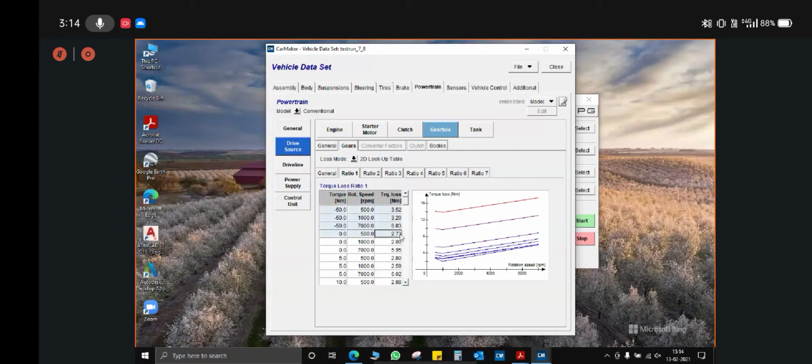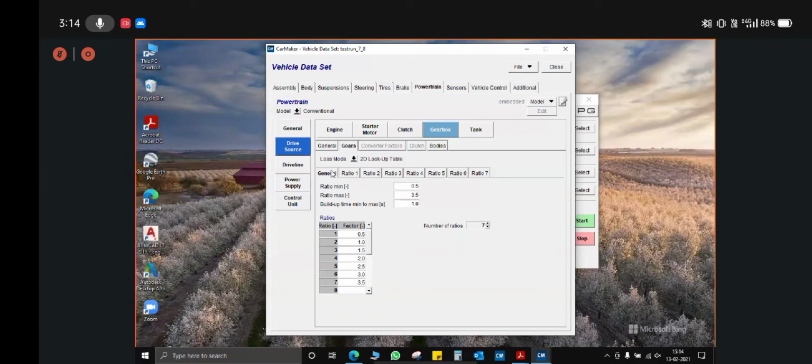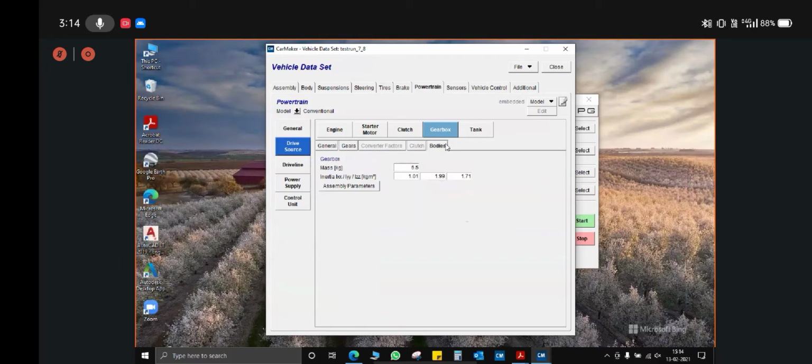Okay, and the only one mode available here is 2D lookup table mode. Now moving towards bodies. Here you have to put the mass of your gearbox, not your 2-stage or 3-stage reduction gearbox, but the mass of your CVT. You have to define it here. The CVT mass is inclusive of all the things of your primary, secondary, and your belt. Okay, and the inertia of your CVT. So make sure you include it here, and don't confuse CVT and your 2-stage reduction gearbox.